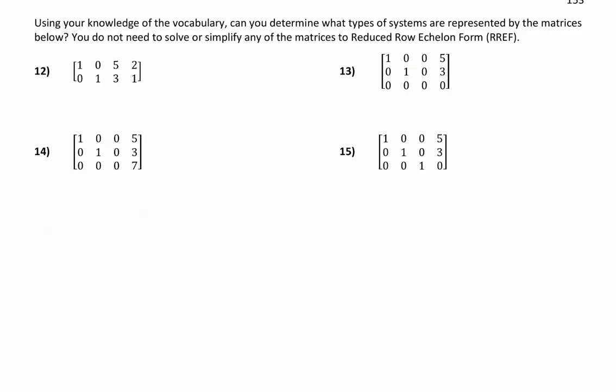Here on the next page, can we use the vocab that we just learned to determine what types of systems are represented by these different matrices down below? We don't need to simplify them or solve them. We just need to look and see what they're telling us and then use those terms. So the first example,